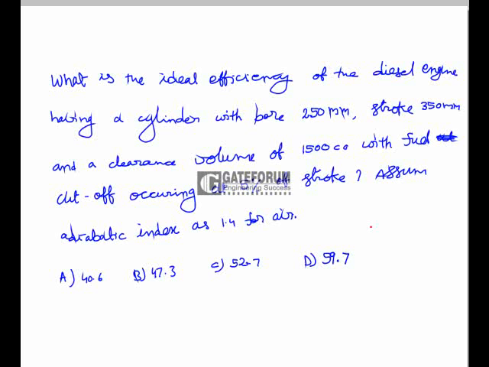What is the ideal cycle efficiency of the diesel engine having a cylinder with bore 250 mm, stroke 350 mm and a clearance volume of 1500 cc with fuel cutoffs occurring at 5% of the stroke? Assume adiabatic index as 1.4 for the air. Here we'll have to find out the ideal efficiency of the diesel cycle, and the diesel cycle is given by